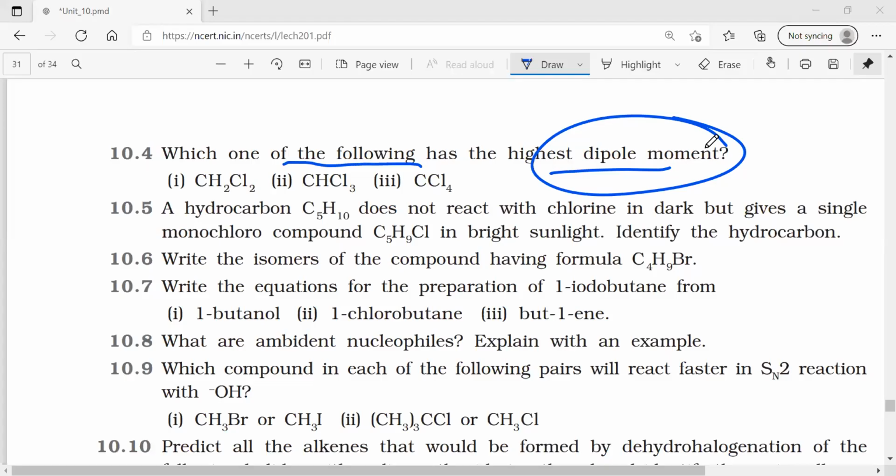Dipole moment question. It's a very easy question. I don't want to elaborate too much into this. See, the basic logic in this is, if I take the longest carbon chain in terms of carbon and hydrogen. Anyway, we don't have that much longest carbon chain, but can anyone tell me in chat? Which has got more number of carbon and hydrogen atoms in this?